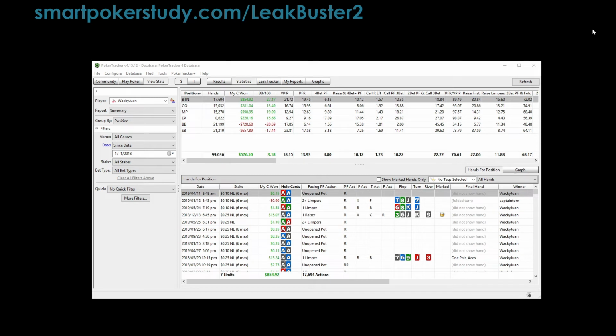And here it is. So this is my own database from January 1st of 2018 and beyond, of course. Now, this leak of making poor river calls, they mentioned something that you may have never heard of, a statistic called river call efficiency. If you want to learn about any statistic, you go to the configure menu, stats,